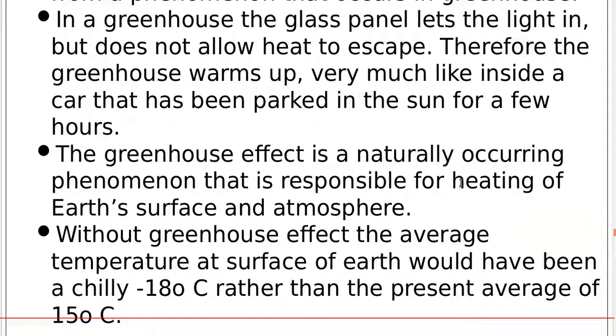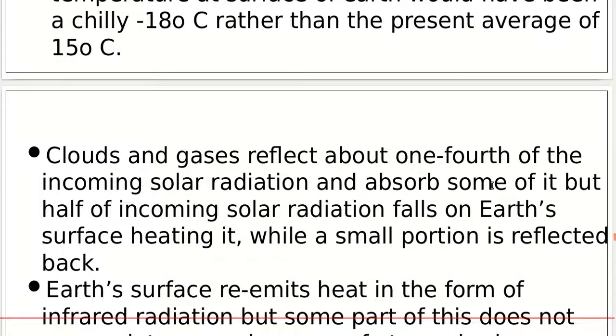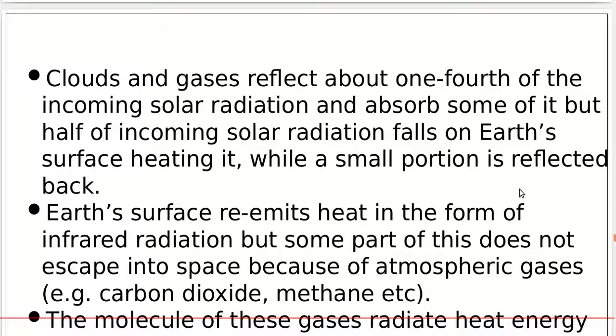Without the greenhouse effect, the average temperature at the surface of Earth would have been a chilly minus 18 degrees centigrade rather than the present average of 15 degrees centigrade. The clouds and gases reflect about a quarter of the incoming solar radiation and absorb some of it, but half of the incoming solar radiation falls on the Earth's surface and heats it up, while a small portion is reflected back. The Earth's surface re-emits heat in the form of infrared radiation, but some part of this